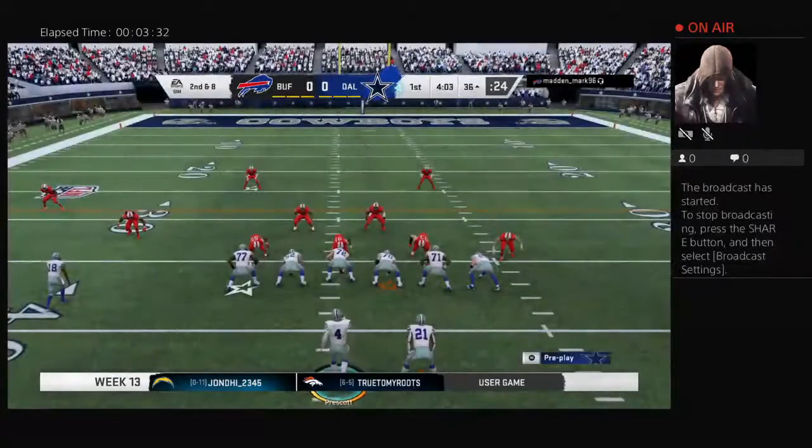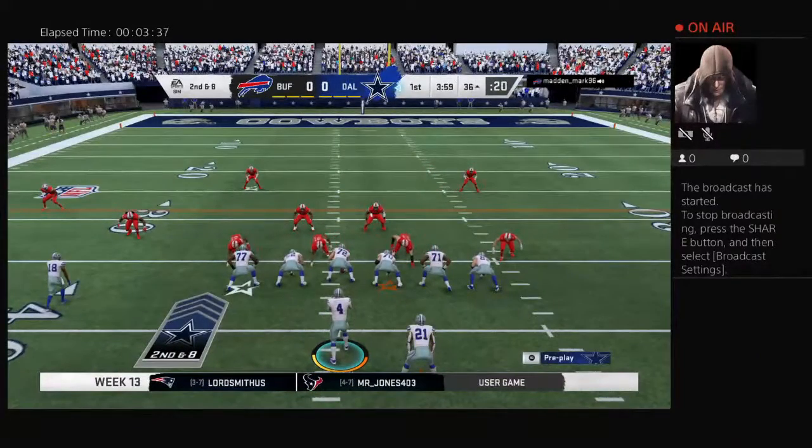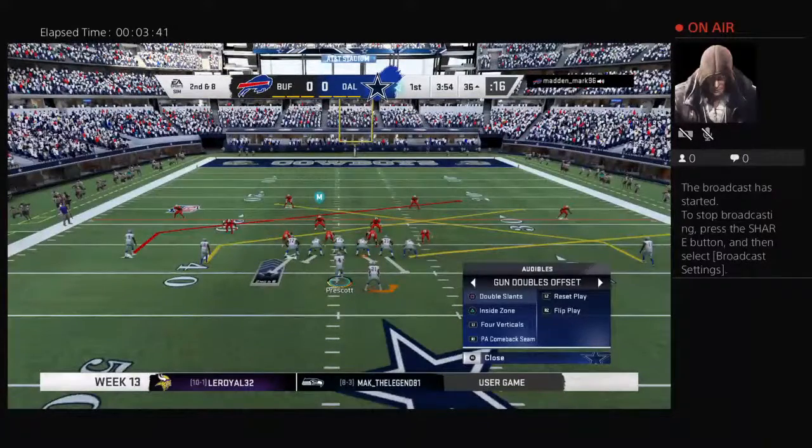The last run good for 2. Here's 2nd and 8. Watch the run. Watch the run. Good shot, baby. That's a baby shot. Kill. Hey, turn